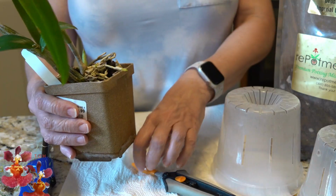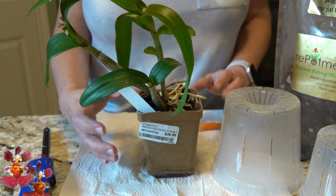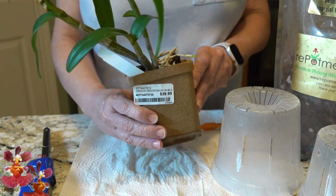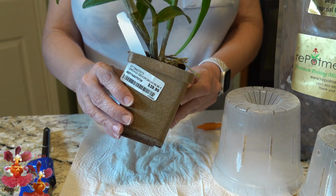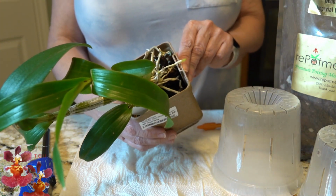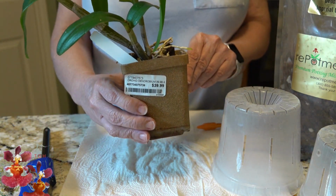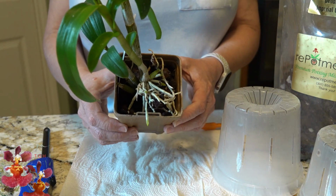Now, you might also be wondering why this orchid seems to be so lopsided. It has fallen out of the pot within the last 2 or 3 months, and I tried to straighten it as best I could, but wasn't really successful, so it's lost some of its bark at the top of the pot. It has become crooked, and of course in the repot we will be correcting all of those